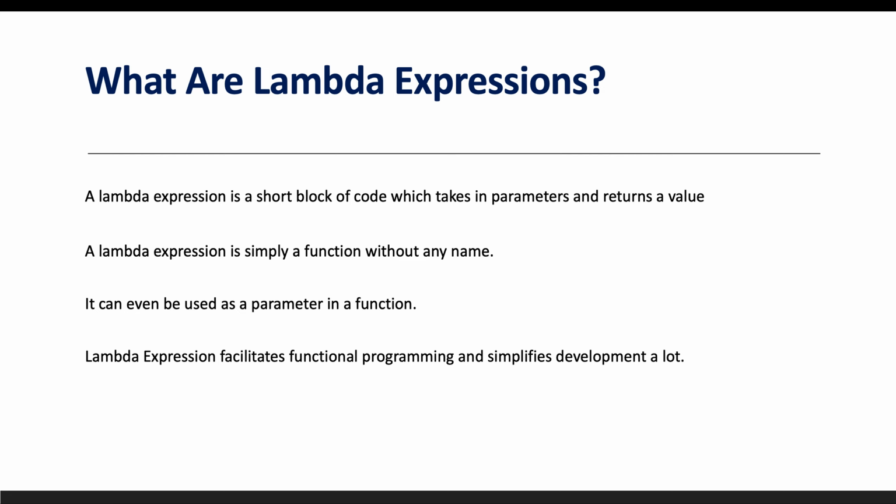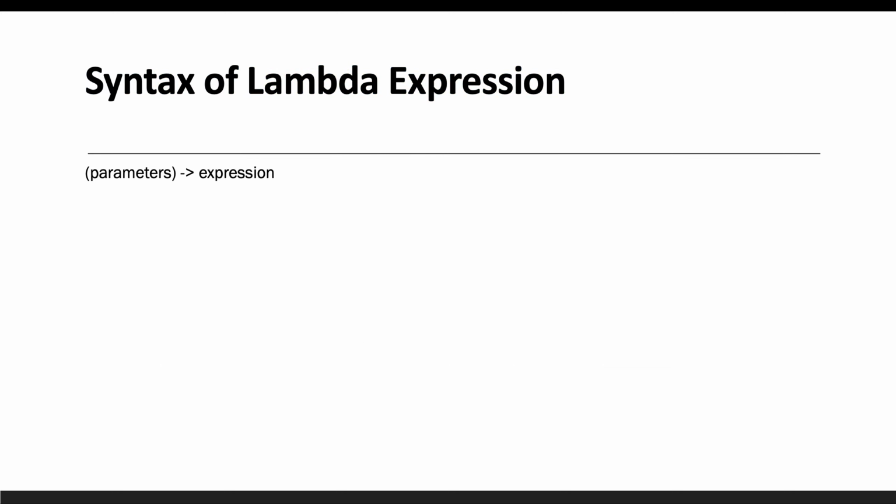Now let's see what the syntax is, how the lambda expression looks. Basically, a lambda expression will look like this. There will be a parameter inside the braces, and then there will be an arrow, and then an expression, or you can say some statement. We have seen similar things, right? In the anonymous case, we know that an anonymous class means it will be a block of code, or you can say a piece of code without any name. Similar to that, a lambda expression is also going to look like this. So it will have some parameters inside the braces, then an arrow, and then a statement.